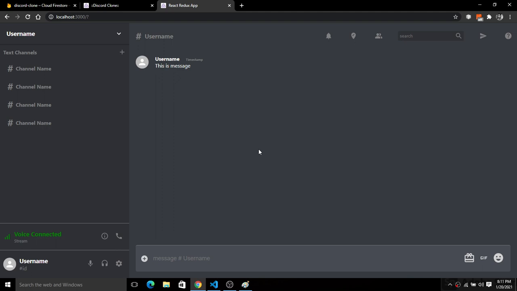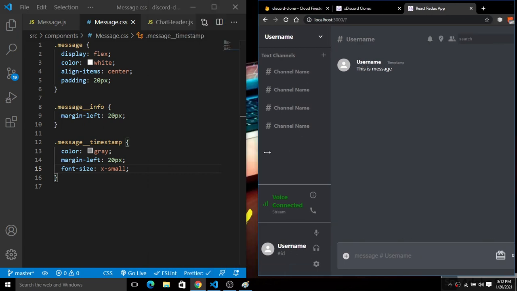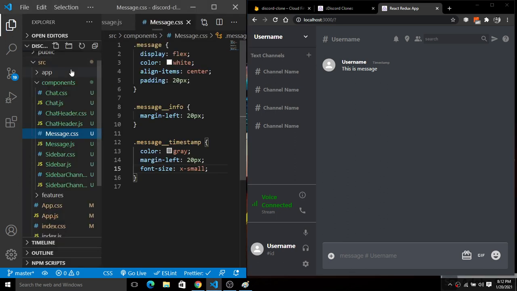So let's go and create the backend functionality for this build. We have already created the front end here. Now it's time to do the backend stuff. So let's go to the coding zone. Here I'm going to make it smaller. As you can see, it is highly responsive, so I will make it a bit smaller. Okay, now fine. Let's go to the source directory.